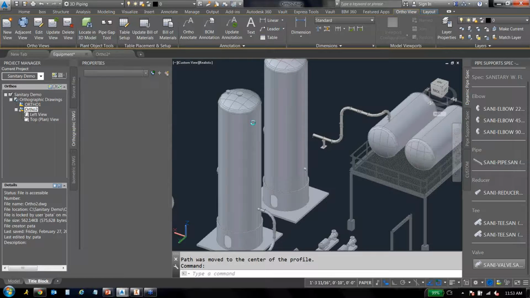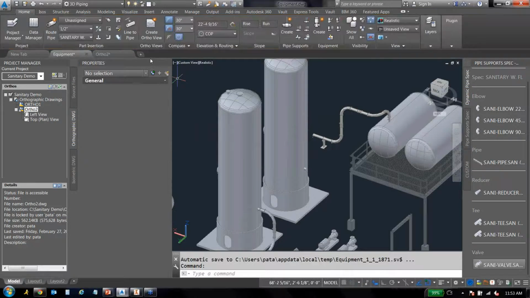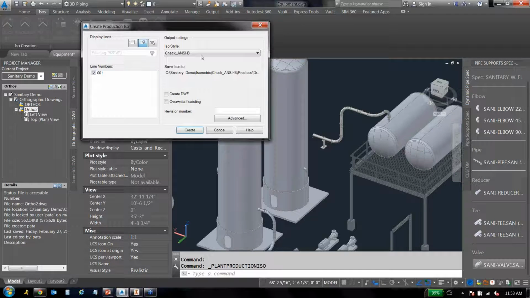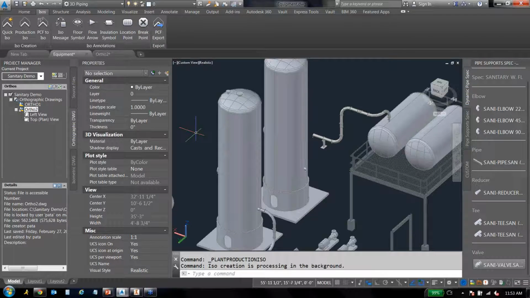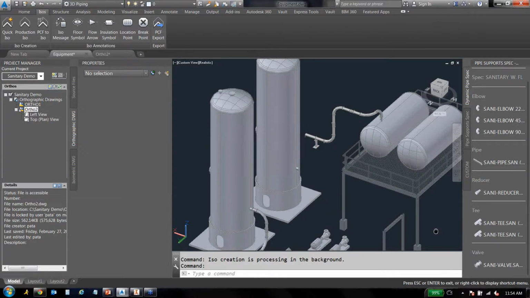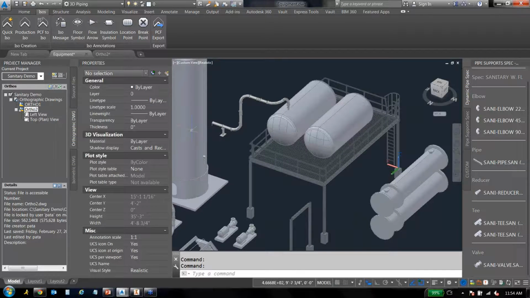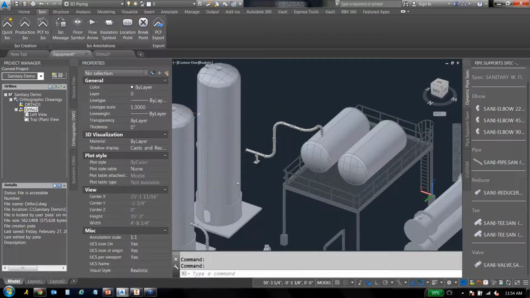Also from there, we'll run a quick little ISO here. So the ISO number, get my size of my ISO, come out here and produce that. This is actually producing right down here in the back, so it's publishing much like it would for a DWF file or a PDF. And we'll let that go. It should only take a few minutes to come up, a small line like that. But in the meantime,